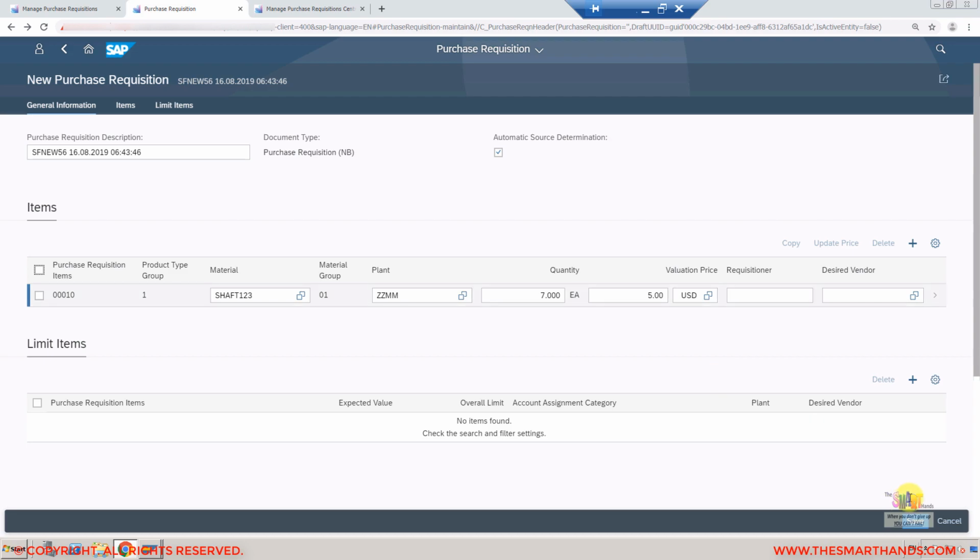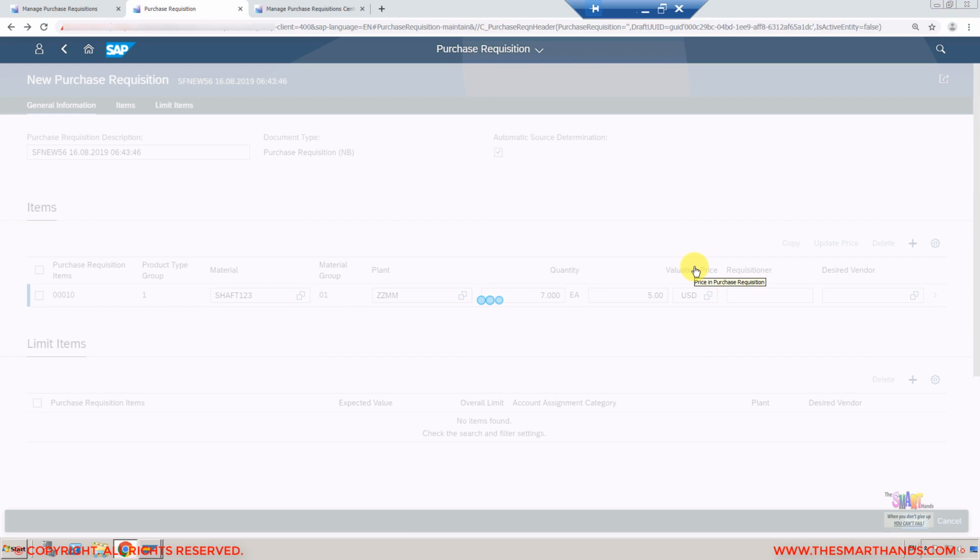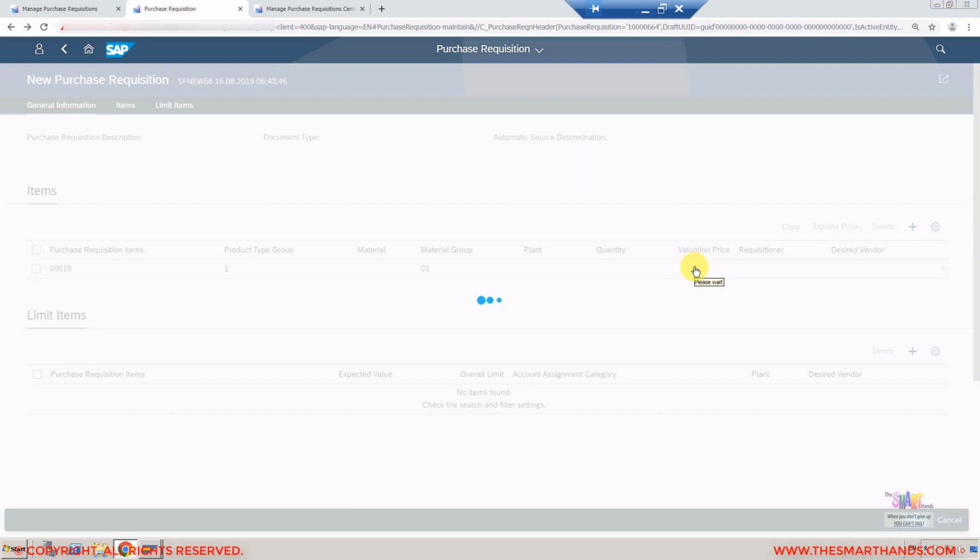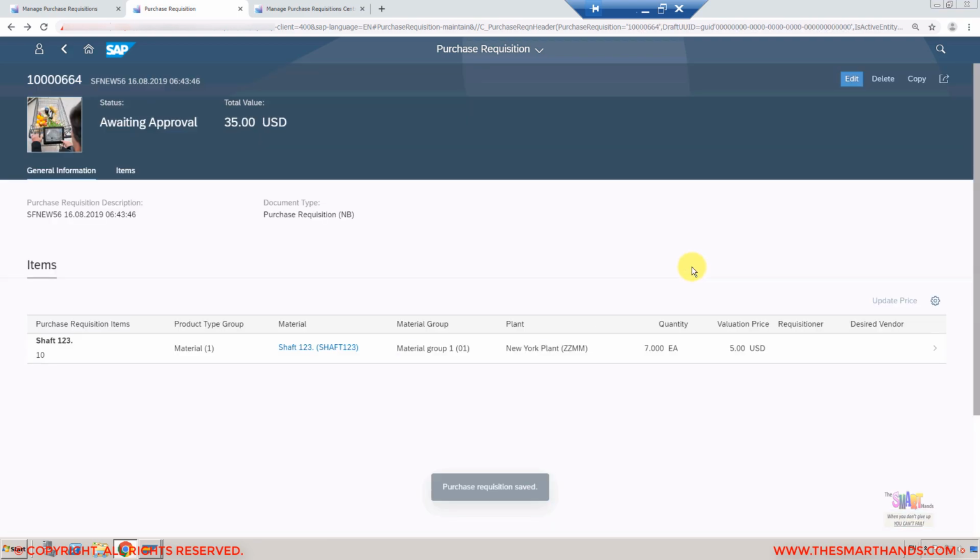So here, once you are done, you can click on the save button here. Click on save. It will create the purchase requisition number. So here there's a message, purchase requisition is created. On the top you can see the purchase requisition number is 1000664. I can go back,